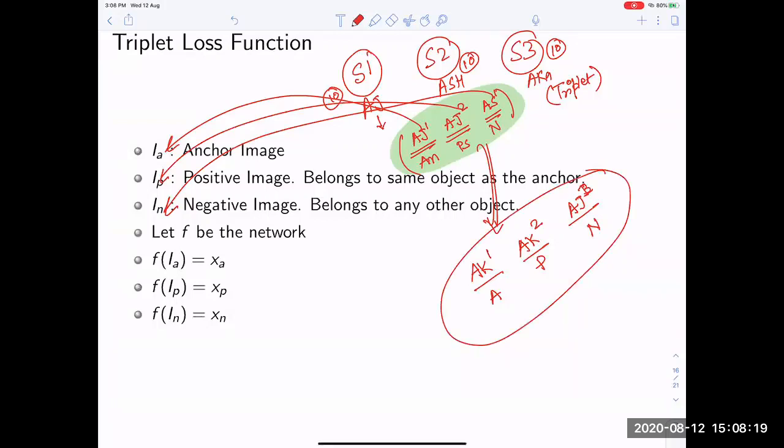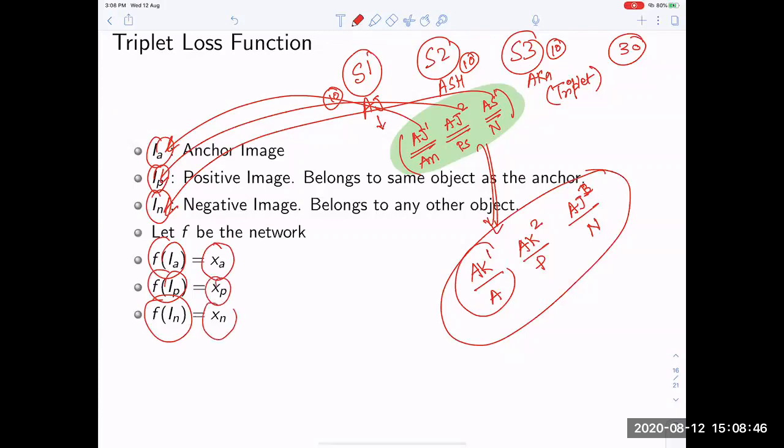So in this way, you can see that even if you have a very small number of images, only 30 such images, you can make a huge number of triplets out of that. But why do we make such triplets? First of all, we take the anchor, positive, and negative, show them to my network and find out the embeddings: the embedding of my anchor, the embedding of my positive, and the embedding of my negative.